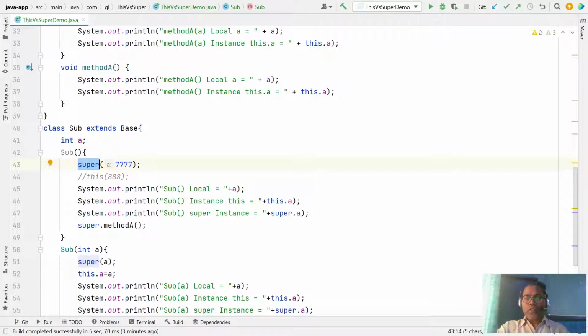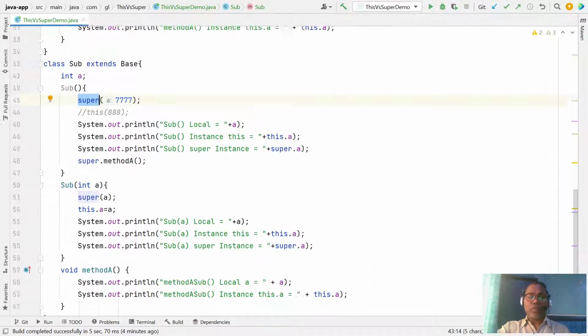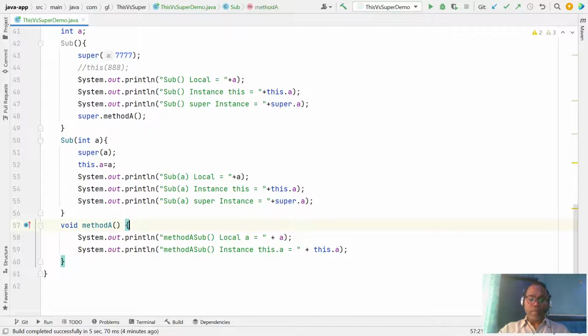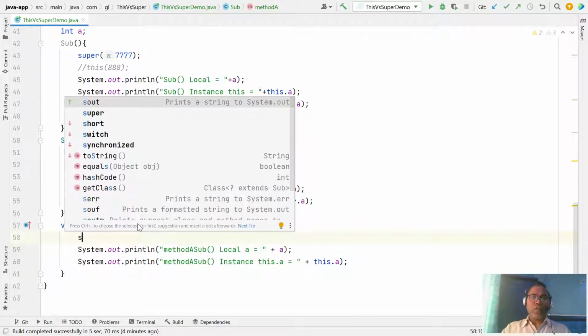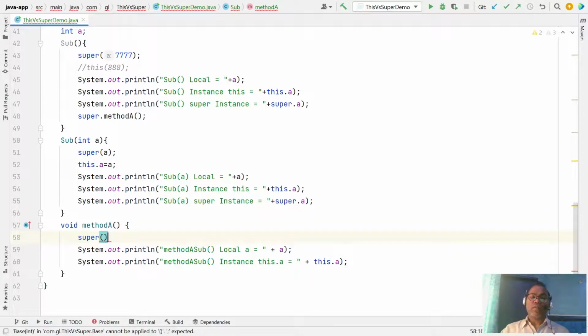In the case of constructors, please note, this and super must be used in the first line of your constructor. A constructor is invoked from a constructor only. You cannot invoke a constructor from any method, right?